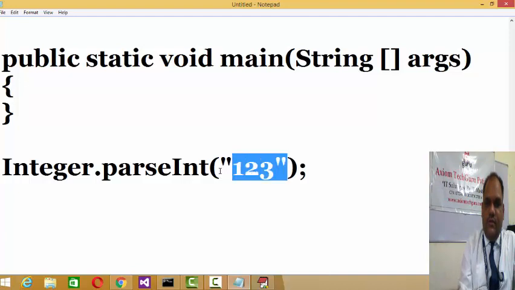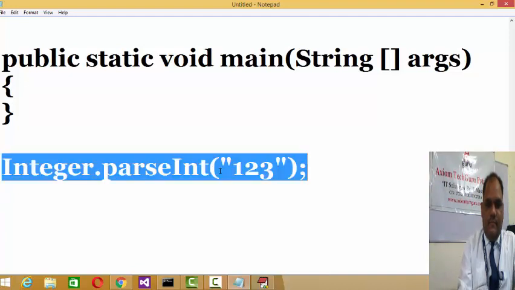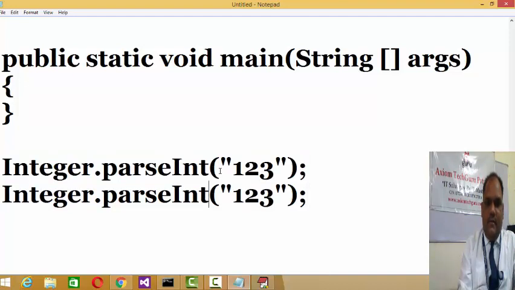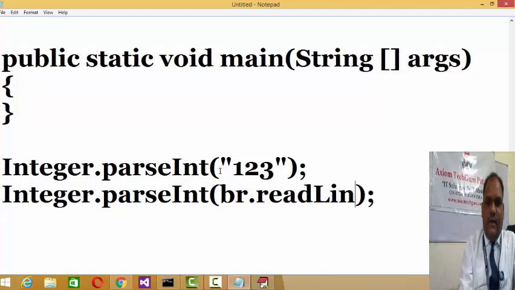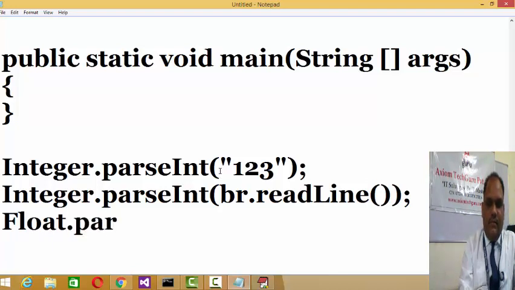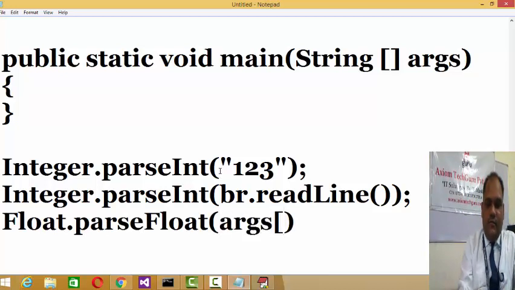If you use buffer.readLine, you can parse it like this. If you want to parse to float, then Float dot parseFloat.